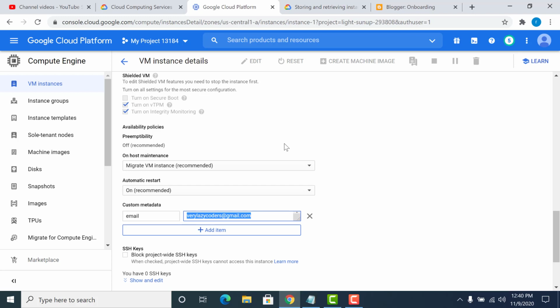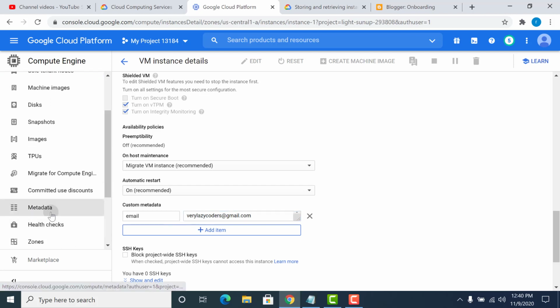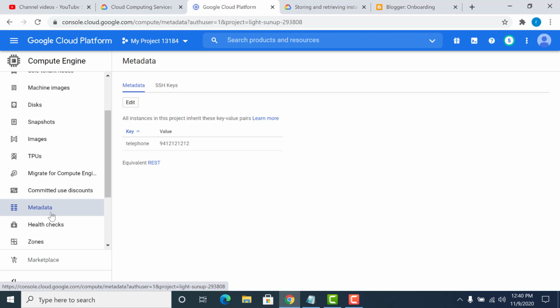Now, let's say you want to store a metadata or a key that can be accessed by all the instances in a particular project. To do that, there is another kind of metadata called the project metadata. To access your project metadata, you can go to the console, click on metadata, and store the values here.